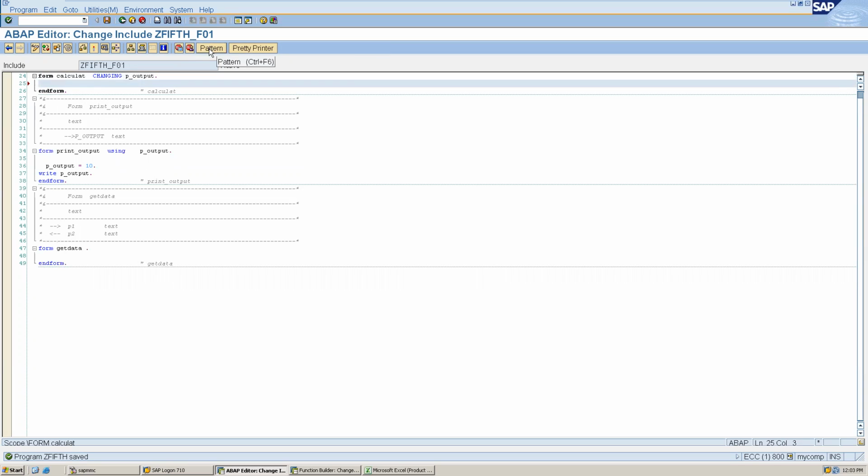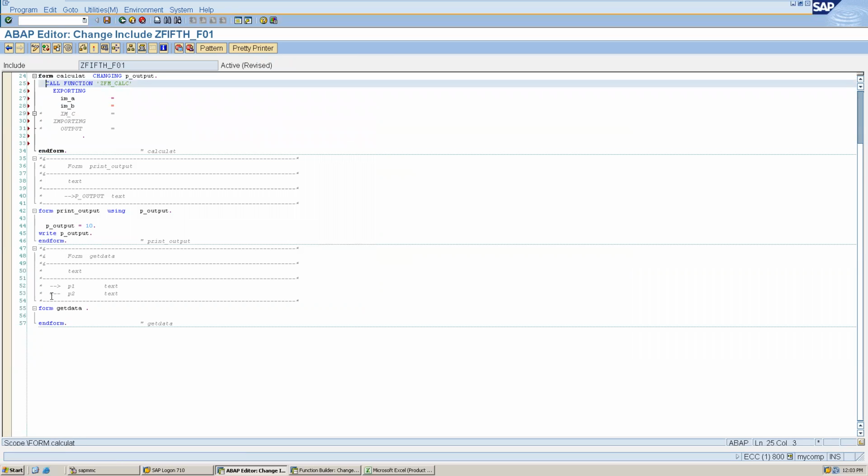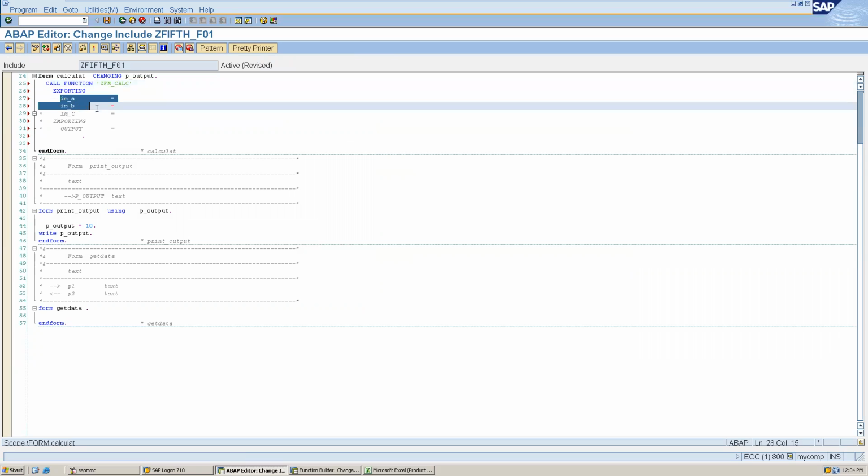So how can I call this FM? Here I will go to the pattern, and here you can see the call function option, which I can use to call my FM. My FM name is this, and I can click the OK button. This is the easiest way. Here you can see some parameters are enabled and some are disabled, right? Whatever is a mandatory parameter is enabled by default.